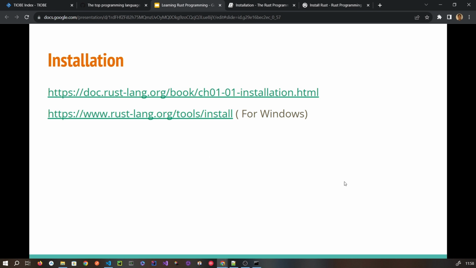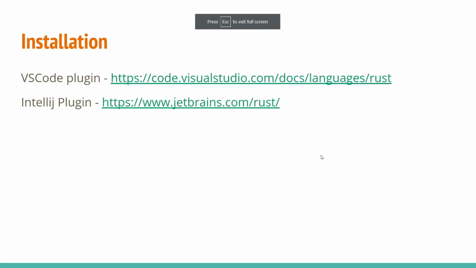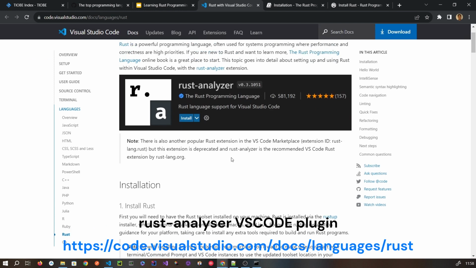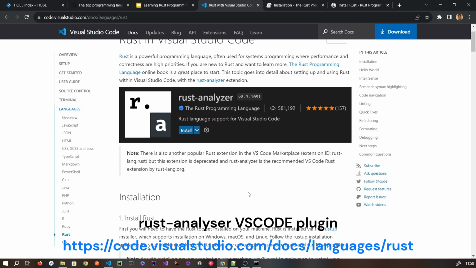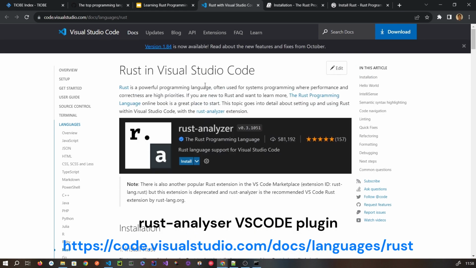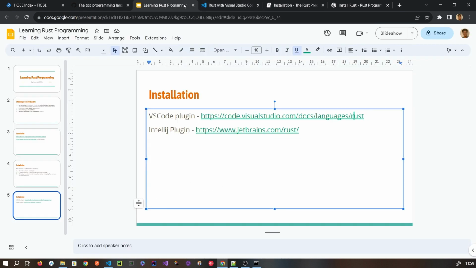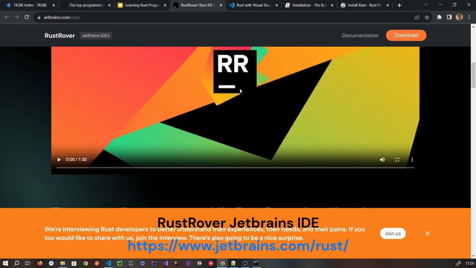So yeah, this way you can confirm that your installation has completed successfully. Now the next part is the editor. In my case, I'm going to use Visual Studio Code, and in some cases, I might use IntelliJ. If you want to use the Visual Studio plugin, then this is the link. Rust Analyzer is the plugin that I'm using for Rust programming, and you can install this plugin. I'm going to share this link in the description box as well. You can use this plugin in your Visual Studio Code, and then we are ready to start with our next step.